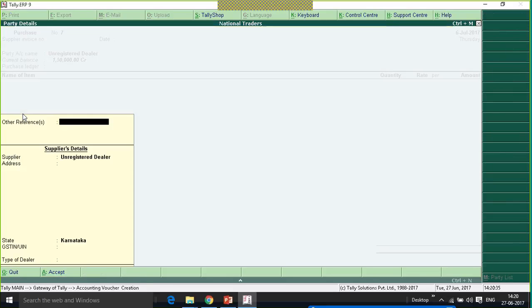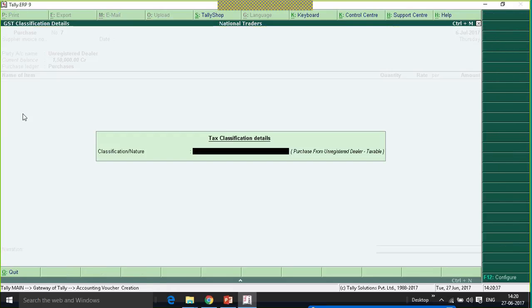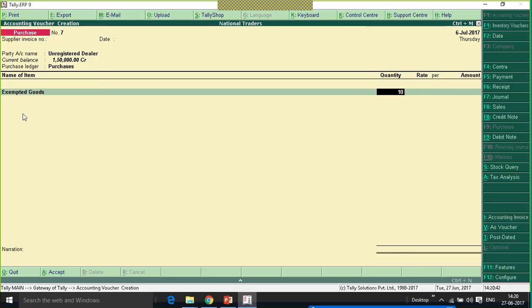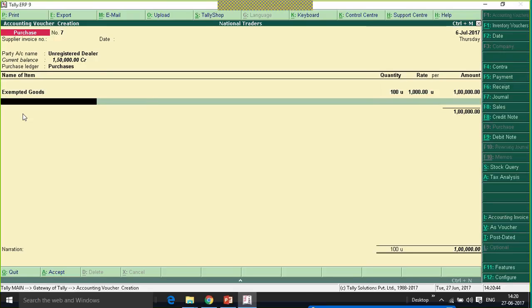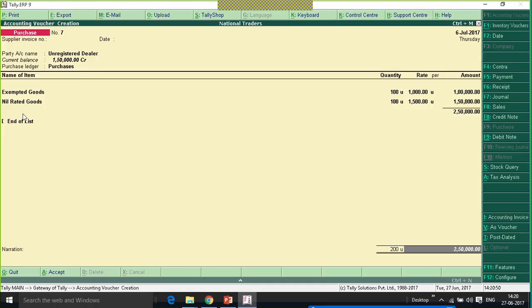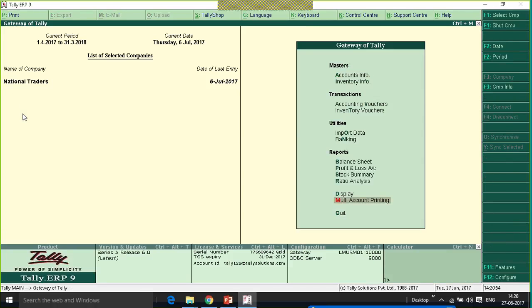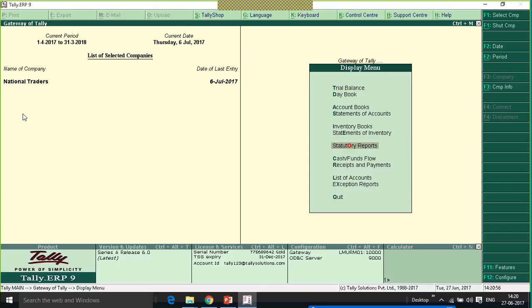From unregistered dealer, I am purchasing an exempted goods, and again nil rated goods. This will get captured in my nil rated invoices against URD purchases.